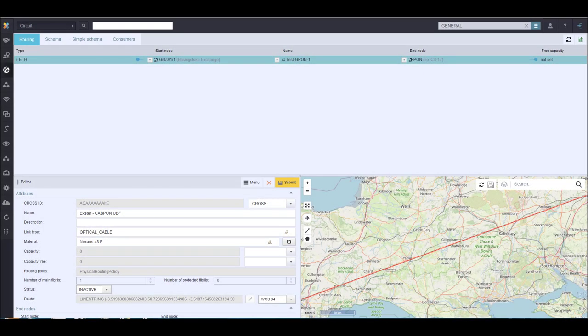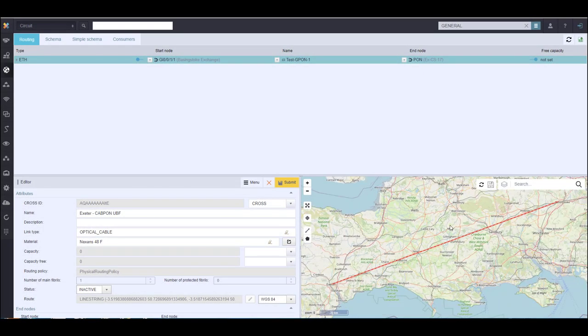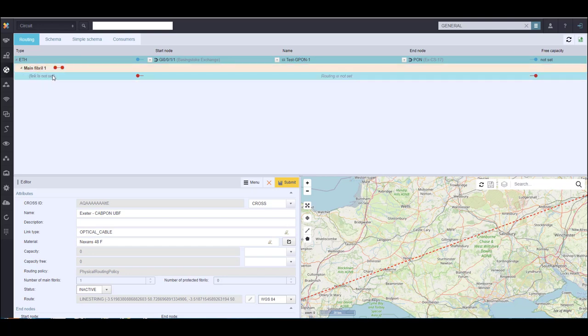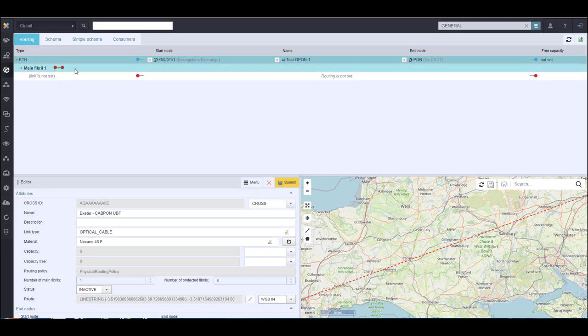In the next example, we can see a top-level circuit described, but underneath it, there is no information. So we know there is a circuit joining these 2 points, but we don't know anything about it. Cross can still work with this. It can set up the top-level logical circuit and make it available for higher-level services to use, for example IPVPN. This is quite common in operators that have mobile networks where the backhaul or RAN is outsourced.